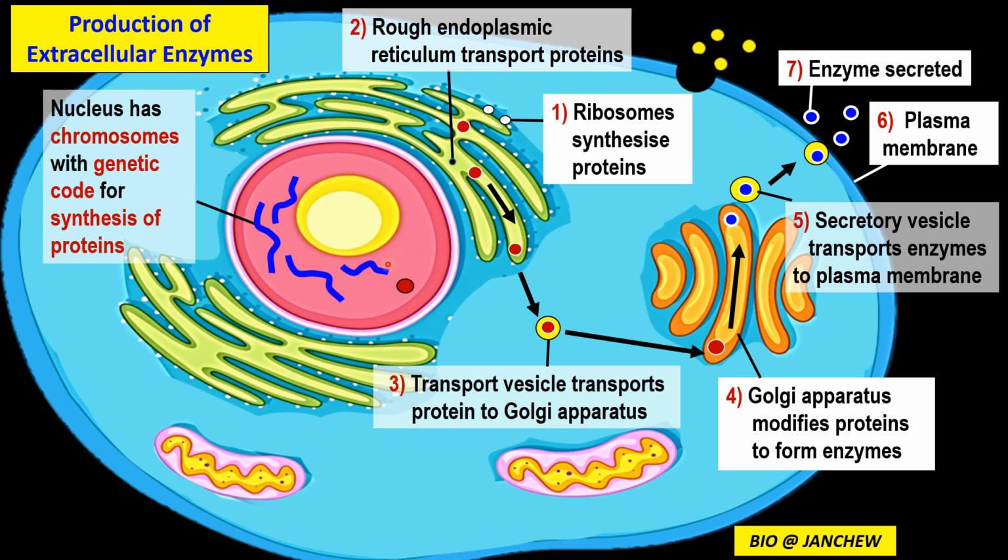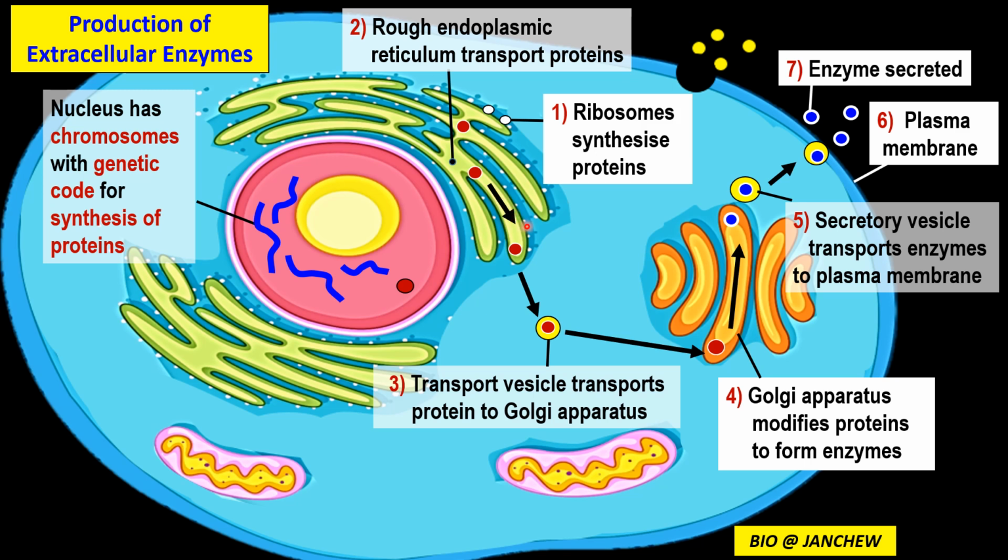All right. So messenger RNA is a shorter, smaller molecule than the DNA. It copies the instructions to make one protein, and then it comes out and goes to the ribosomes. All right, moves out to the ribosomes. Ribosomes then get the genetic instructions or code for the synthesis of proteins, and then they will synthesize the proteins. Next, the proteins, as shown here by the red dots, will move into the lumen or the space of the